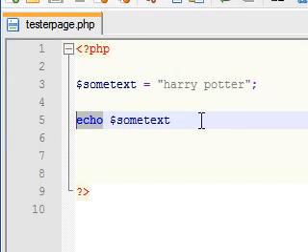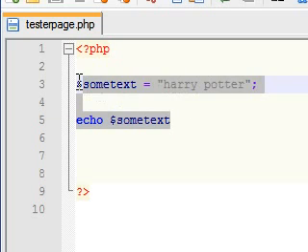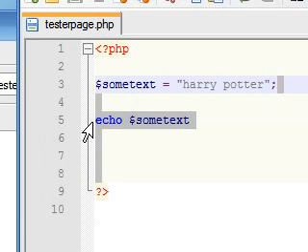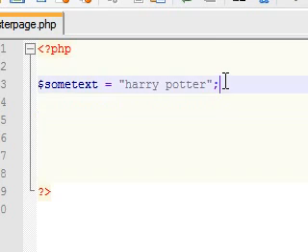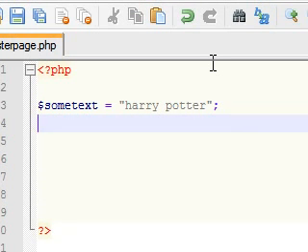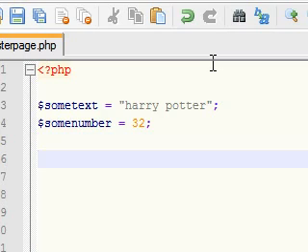Now that we know how to use a basic variable, say we had another variable that we wanted to combine. So we have some text, Harry Potter, and then we have another variable named some number. We'll set this equal to 32. Again, why not? End it with a semicolon. And say you wanted to combine these two variables. To do this, you need to use a dot. Anytime you use a period, it joins the two variables.